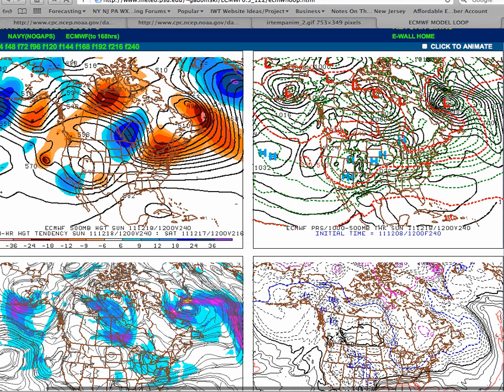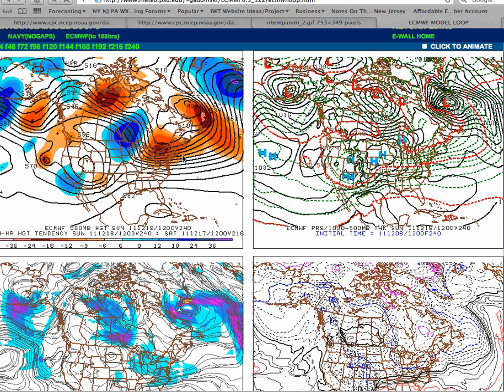So what we have here is a pattern where we have a trough around the Aleutians, a ridge in Western Canada, and a very deep trough setting up over Eastern Canada. Notice we're getting an upper level low sitting up around the Aleutian Islands, and look where our ridge is starting to build into. It's building into Greenland. So we're starting to see all the telltale signs of a negative EPO pattern developing, a negative Arctic oscillation pattern developing, and a negative NAO pattern developing.